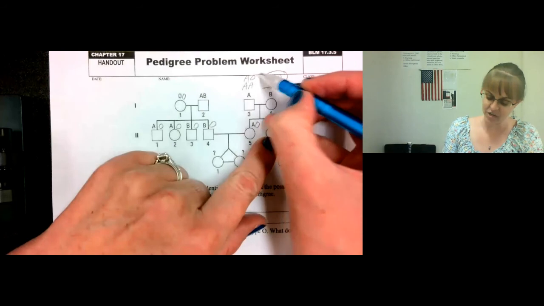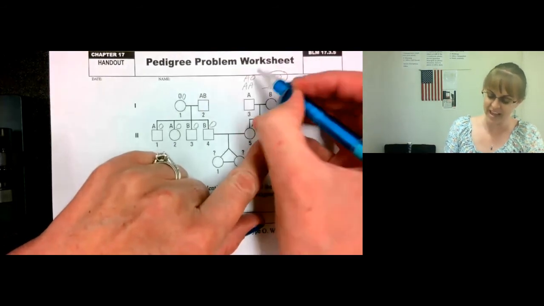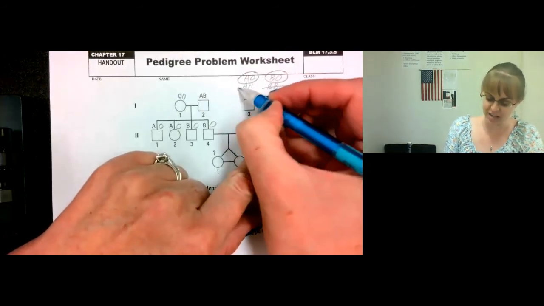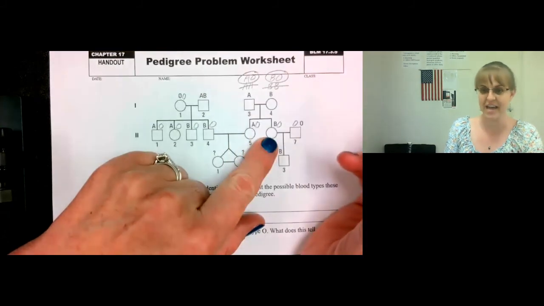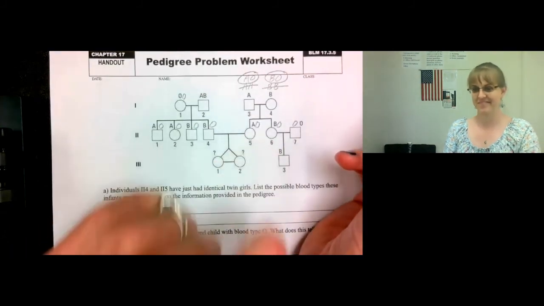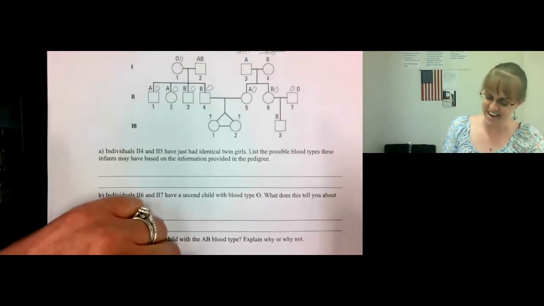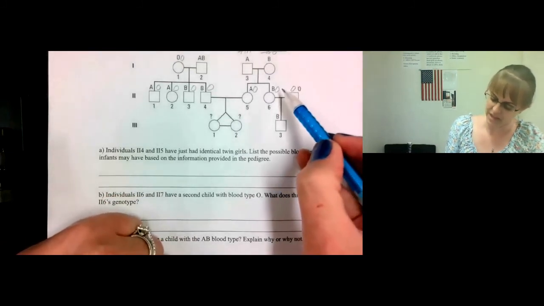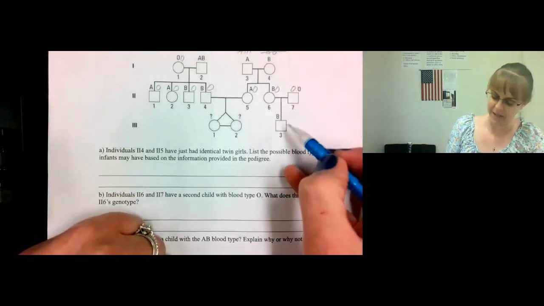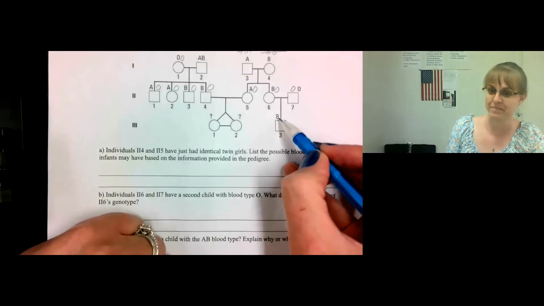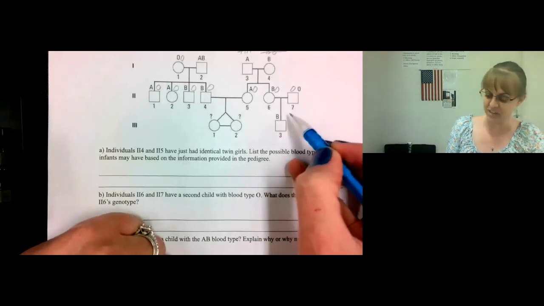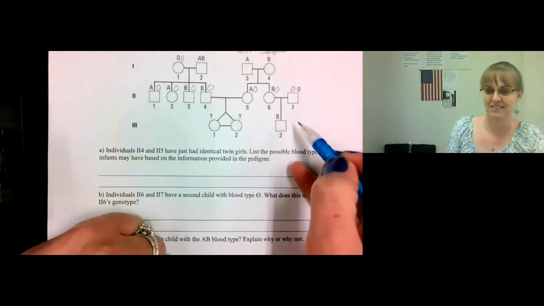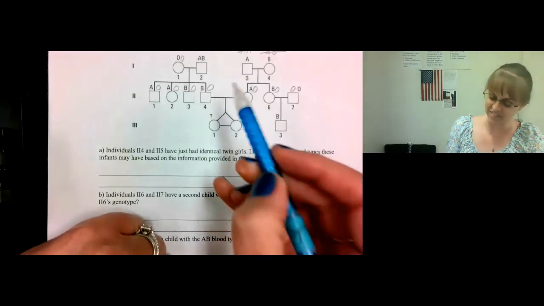She had to donate an O, and therefore her genotype is AO, not AA. Okay? Now, with these two, who did the B come from? Then what did the other parent pass on? Then finally,